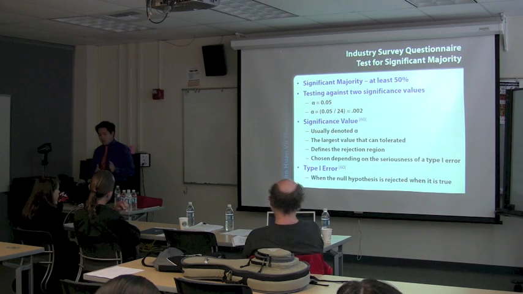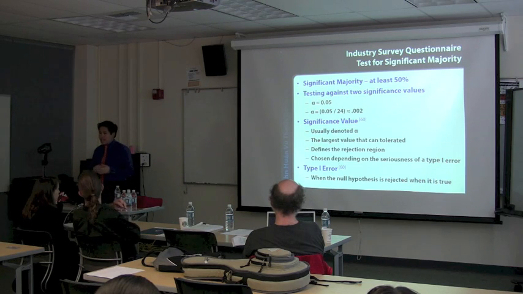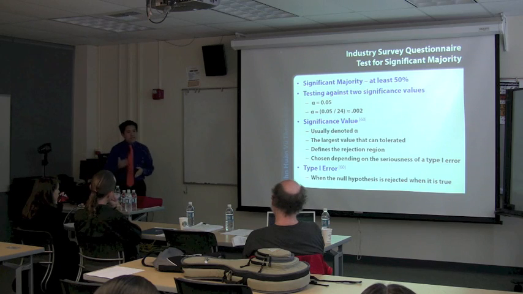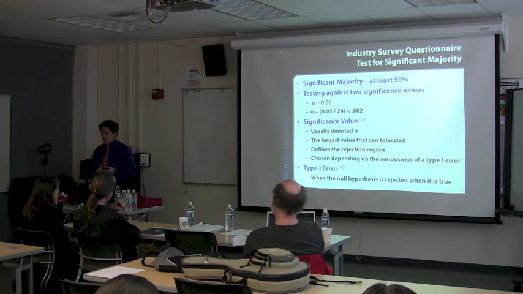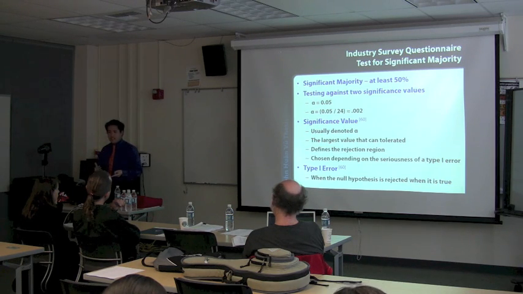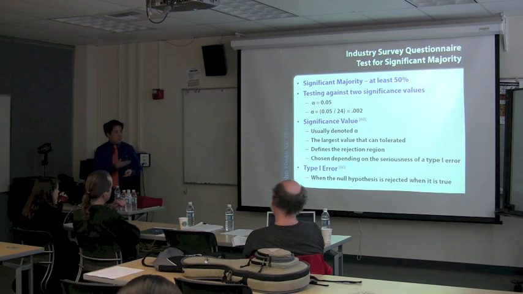The second slide, on the other hand, will compare against 0.05 divided by 24, or approximately 0.002, and this is done through the Bonferroni adjustment in reference to the 24 simultaneous statements used in the industry survey. Since each statement increases the probability of a type 1 error, a more conservative level to use for any conclusion is alpha equals 0.05 divided by the number of statements. And that's how we got that one. The reason why I want to show you both these slides is just for you to compare and contrast, but in reality, the one that we'll be using in my resulting framework is the alpha of 0.05 divided by 24.